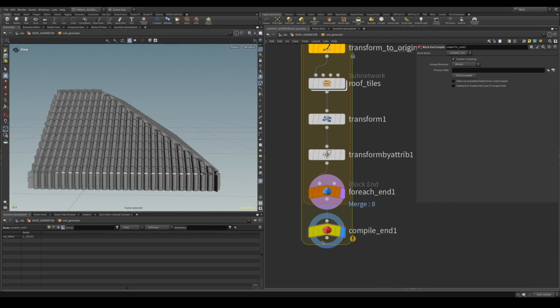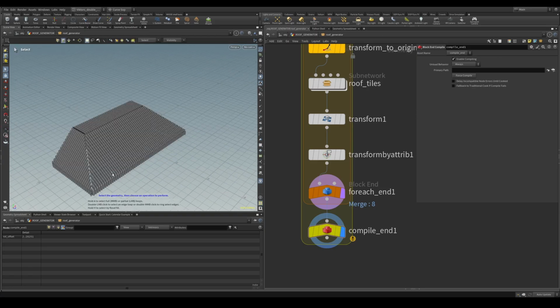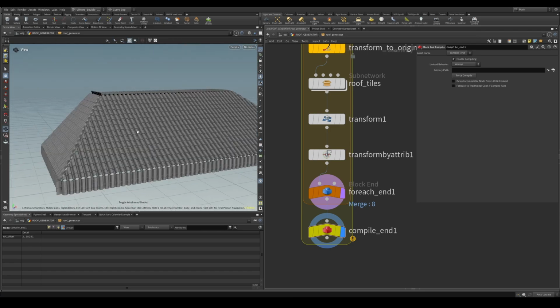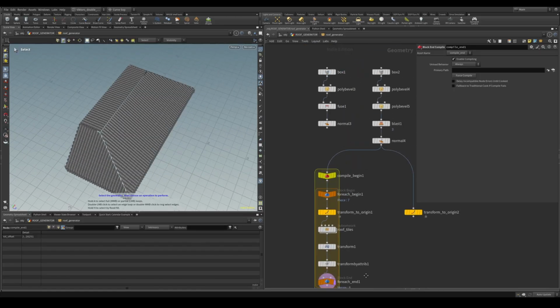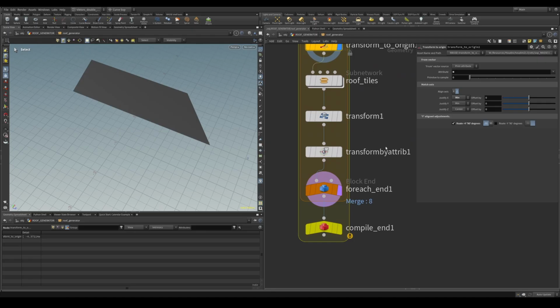So that's the basics of the node, and I have been using it a bunch of times for the building walls and roofs. When you want to create something like some wall geometry, it's really helpful to have something like this. One last thing that I want to talk about is this